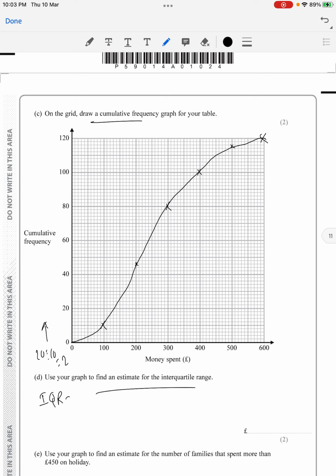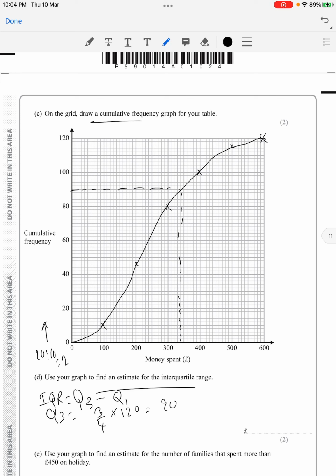So what you need to know is that the interquartile range is Q3 minus Q1. Q3 just represents the upper quartile. Q1 represents the lower quartile. To find out Q3, what you do is 3/4 of the highest cumulative frequency, 120, that should be 90, right? And find out where 90 is on the graph. 90 should be here. Based on that, you make an assumption of finding out what your money spent is, and